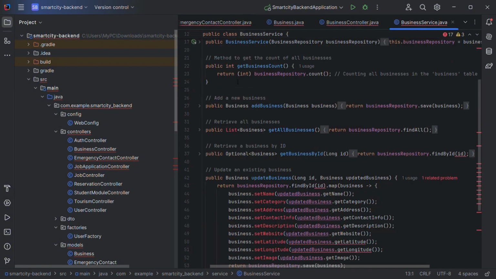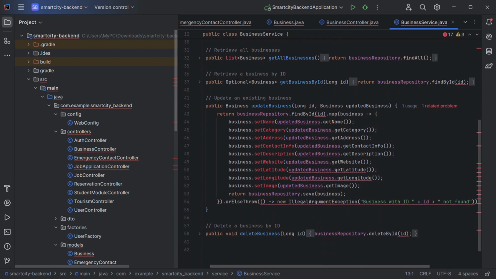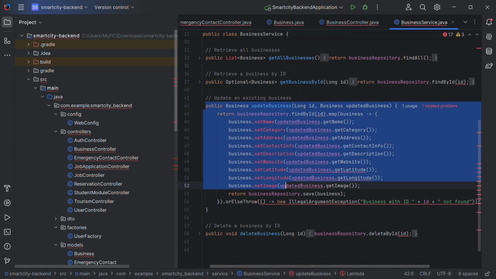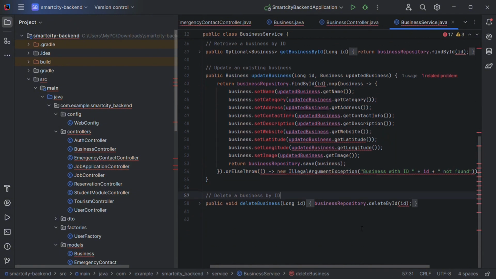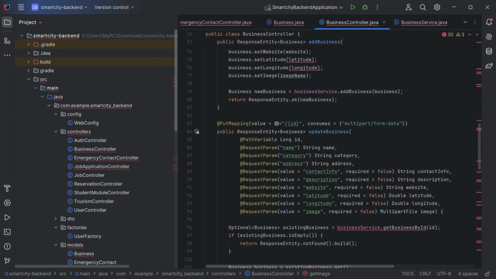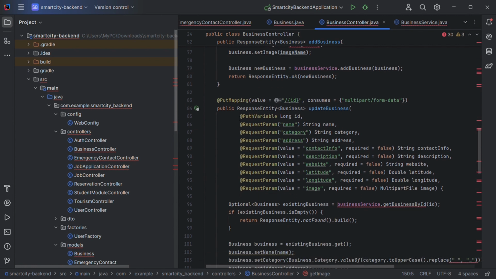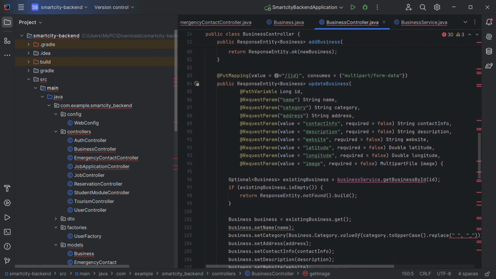The business service handles all the core logic for managing business, like adding, updating, and retrieving data from the database. Here you can see the code for the update business, and this is one of the controller codes for the business controller. It is the API layer that defines how admins or users interact with the system. Admins can add, update, or delete business,